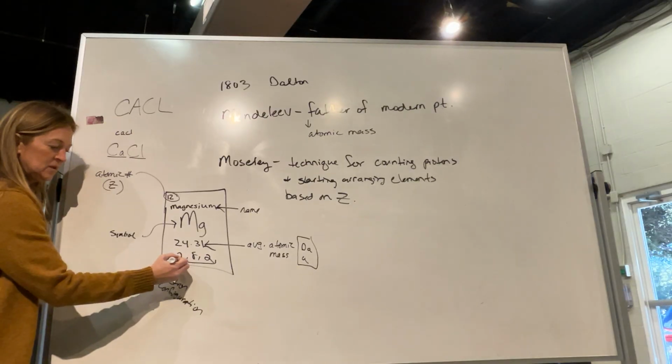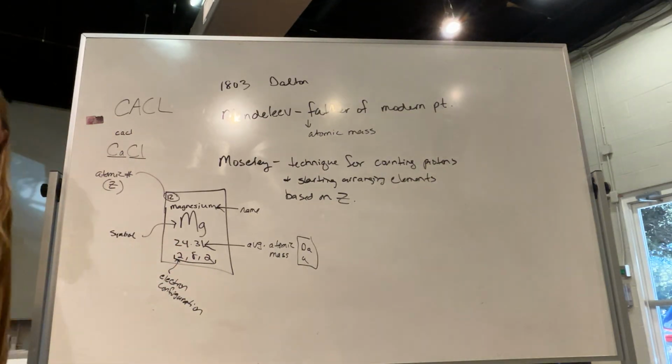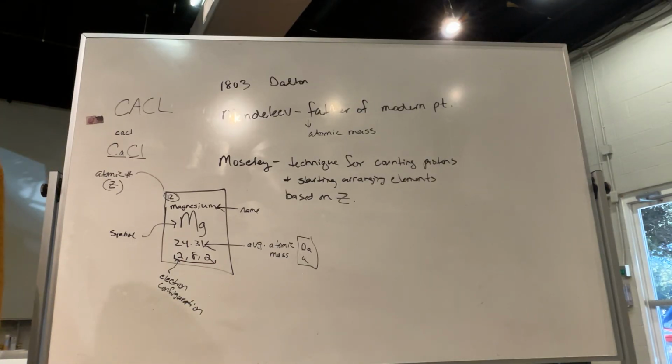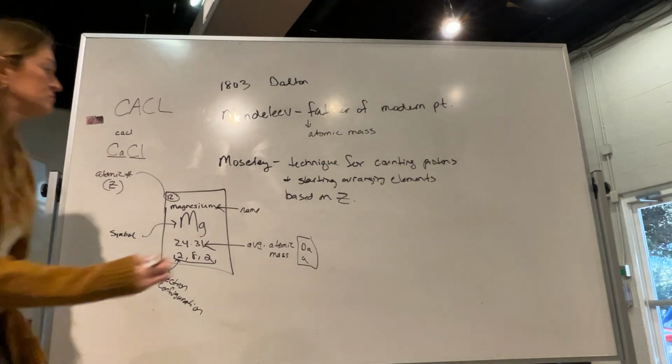What does that one mean? Like that 2 versus the 8 versus the other 2. Any thoughts? I don't remember this for some reason. I don't think I went through it in a lot of detail with you guys. Is it like the number of electrons? In what? Oh, the sublevel. The principal energy levels. Yep. So remember, we got there.